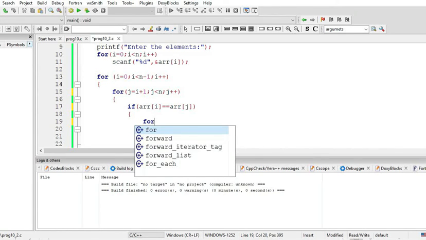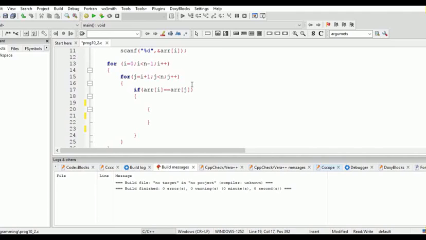This is our last for loop, and it will iterate from the jth position to the n minus 1th position, so t equals j.